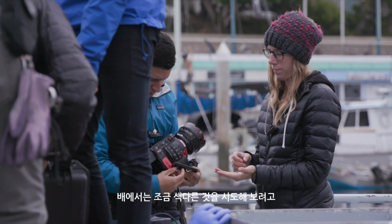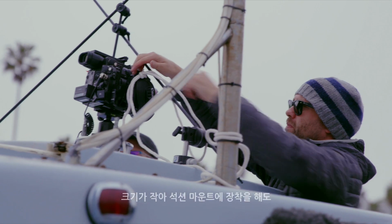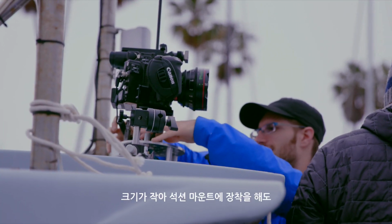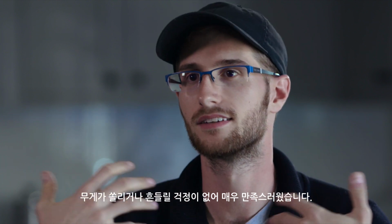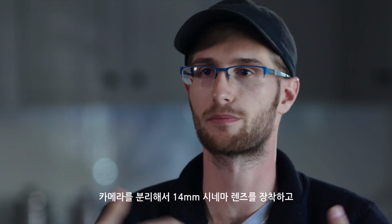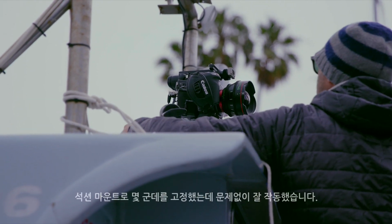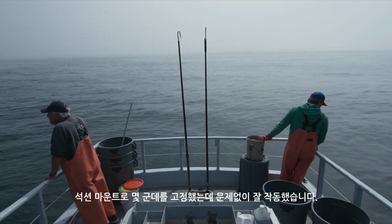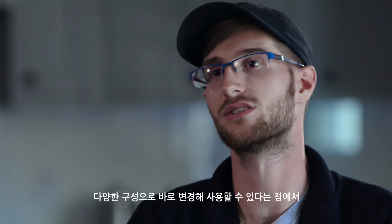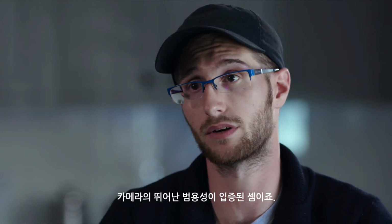And on the boat, we tried to do something interesting and stick it onto a suction mount. And what was nice about that was, in its small form factor, I didn't have to worry about too much of the weight or anything swaying. I was able to strip the camera down, throw a 14mm cine lens onto it, stabilize it at a few points with a suction mount, and it worked really well for us. That alone speaks to the versatility of the camera being able to jump into any one of these configurations and